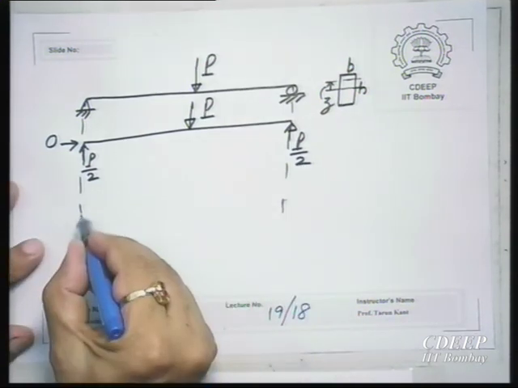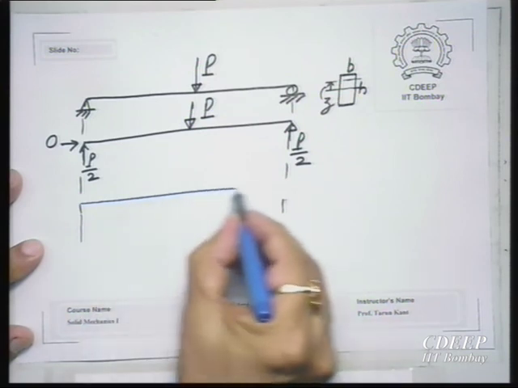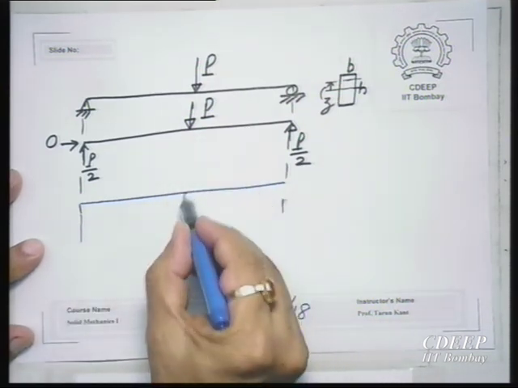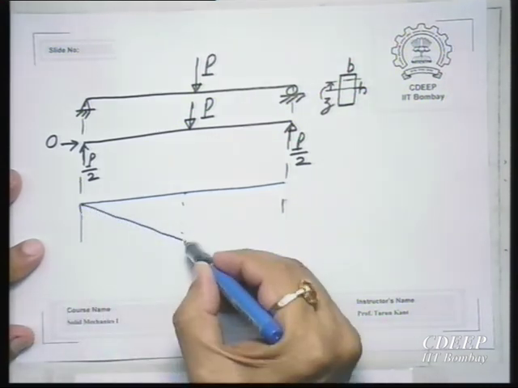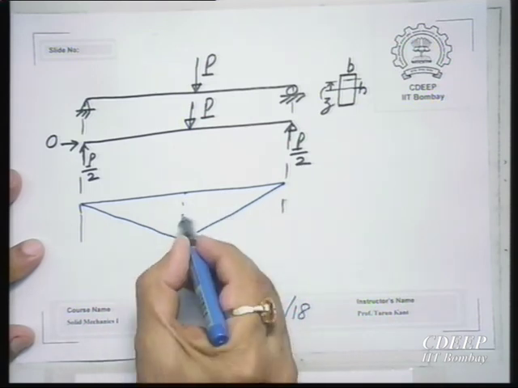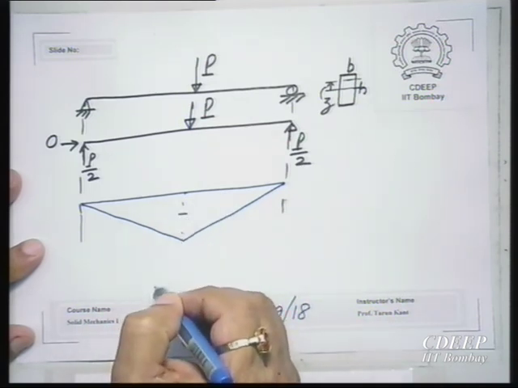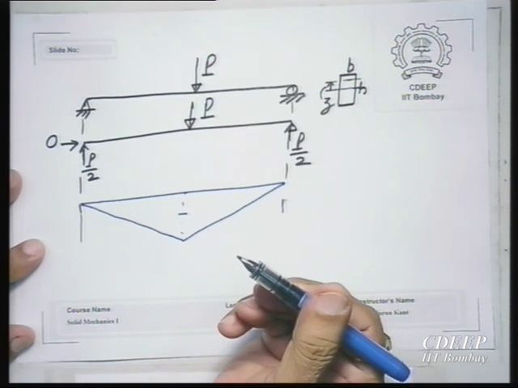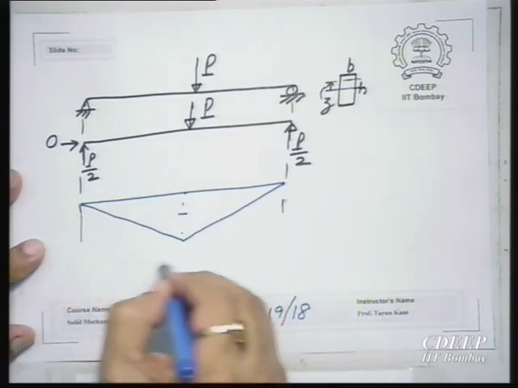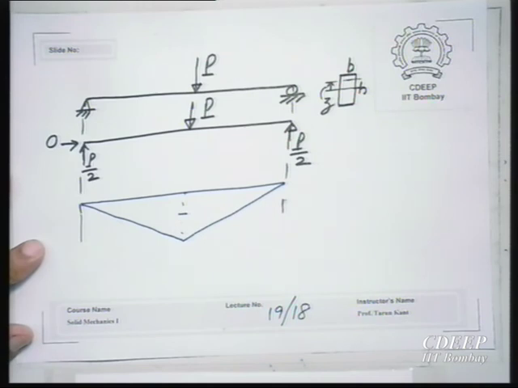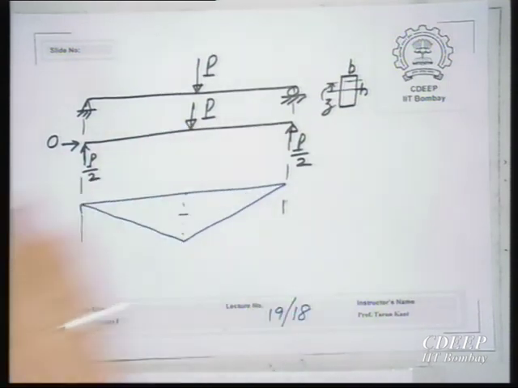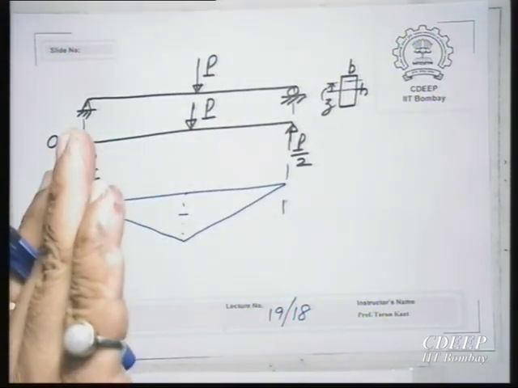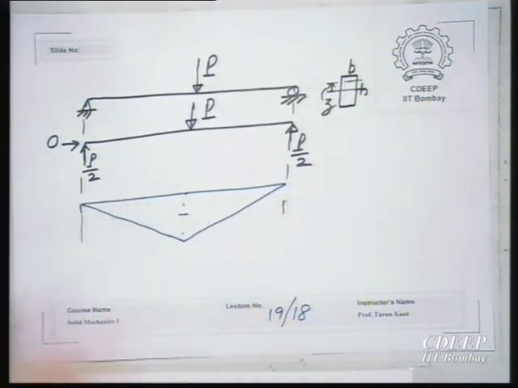And what will be the bending moment diagram? Bending moment diagram will be P by 2 into L by 2, PL by 4, negative. Positive, negative, what is the meaning of that? Nothing like negative or positive. I am drawing the bending moment diagram on the tension side. Is it clear? See, this bends like this. Bending moment diagram, how? So, is this positive or negative? Tell me quickly.